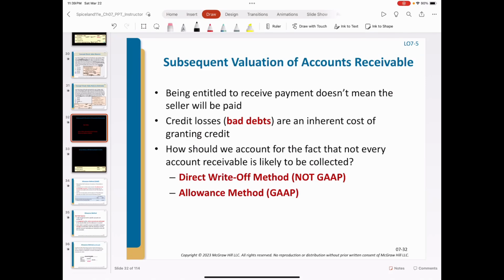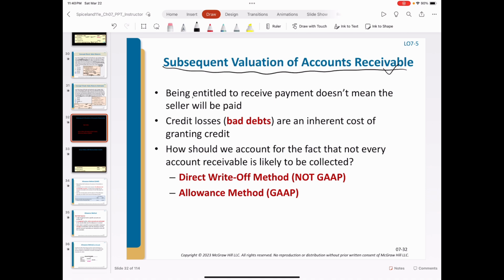For the past slides, we've been talking about the initial valuation of our accounts receivable. Next, we're talking about the subsequent valuation of accounts receivable. The value of accounts receivable is also subject to different considerations. Accounts receivable comes from credit sales. Although the company is entitled to the payments, it does not